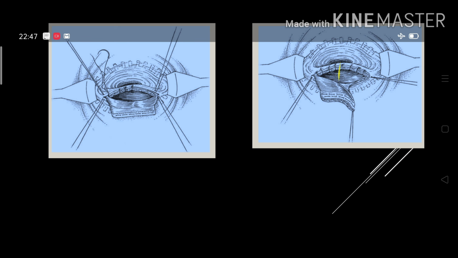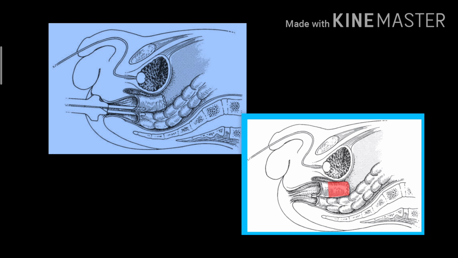So we have a common wall here. We can see a common wall between the native bowel and the pull through bowel, which is pulled through posteriorly. So this common wall has to be divided. This common wall is divided with a stapler.